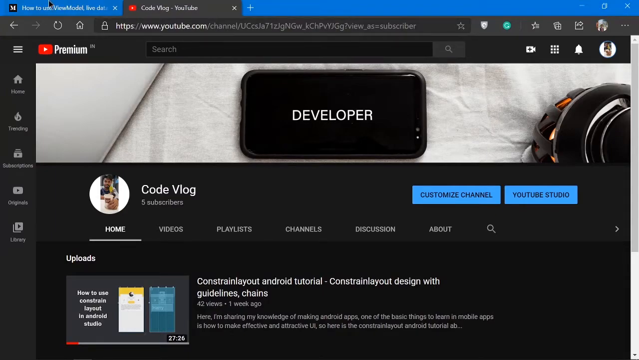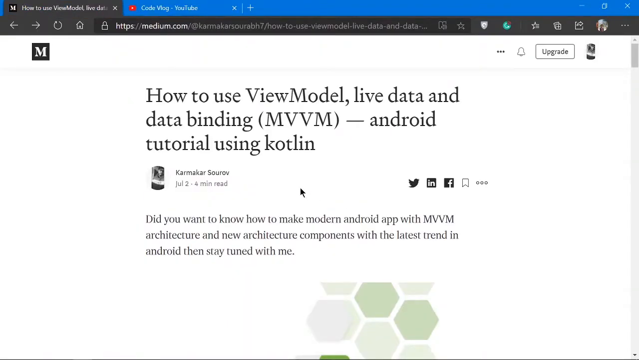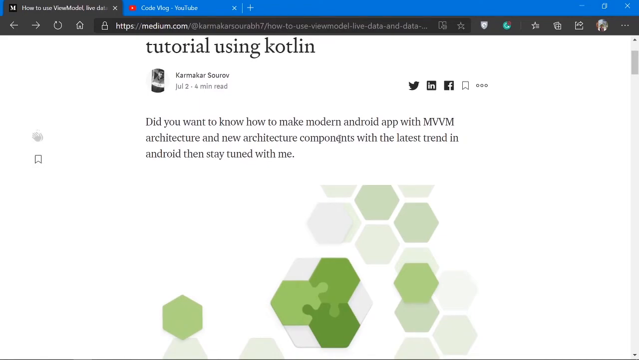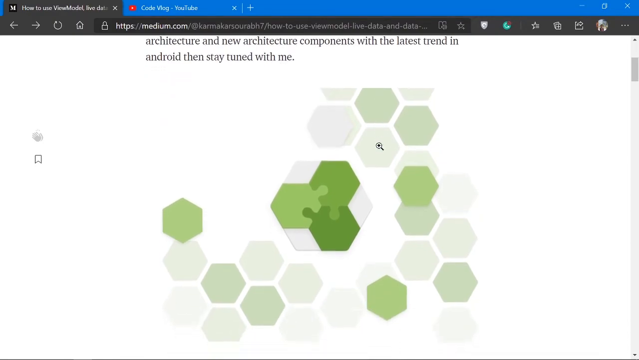So today we are going to talk about how to use ViewModel, LiveData and data binding with the MVVM architecture in Android in Kotlin. So first of all, I want to describe this MVVM architecture. This MVVM architecture is used for